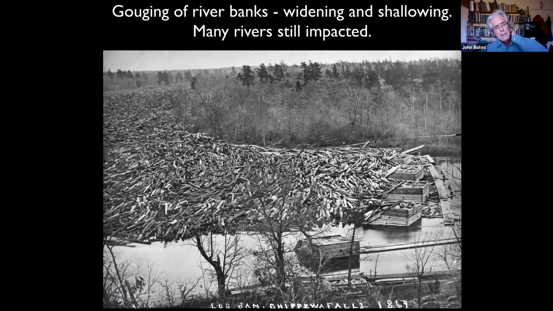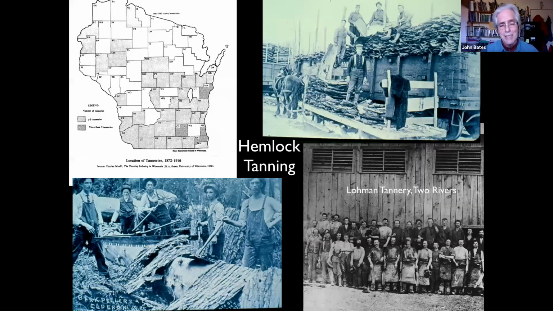So we're not only cutting down all that wood for barns and fences and so forth, but we were cutting down eastern hemlocks by the literal tens of millions to tan leather. Eastern hemlock has 10% tannic acid in its bark. And Milwaukee, if you're not aware, led the world in tanning of leather in the early 1900s. In 1907, the statistic I have is that Milwaukee tanned 2 million hides. They had up to 30 tanneries at one time in the late 1870s or so.